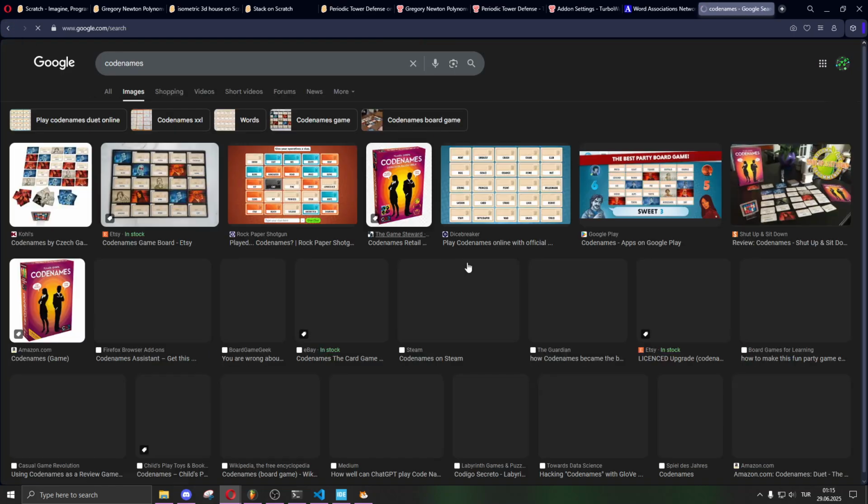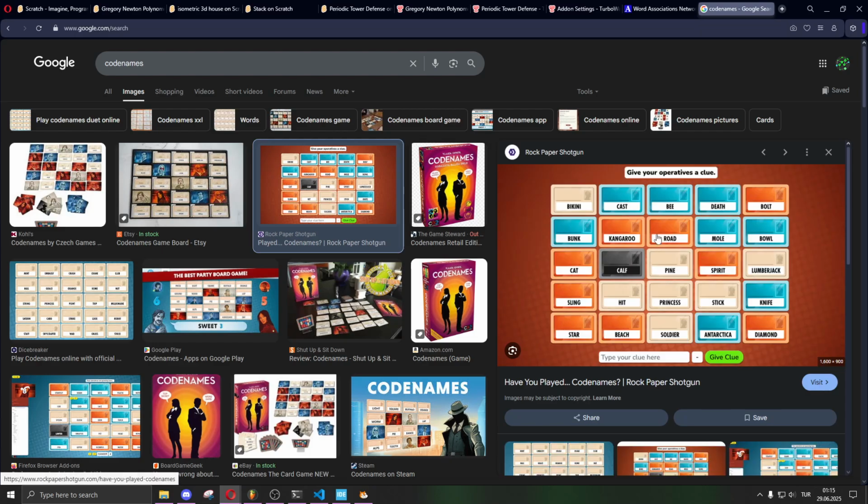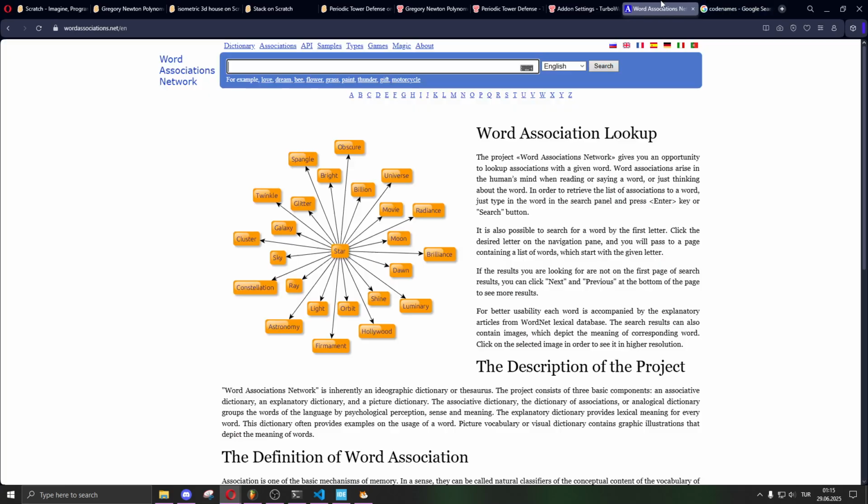Well, I'll just look at Codenames. You got a bunch of words, you put a clue, and you want your players to guess the words that are in your team. And I was like, I bet this could be automated. And this was in 2021 or 2 or something. And I was like, there's a website here